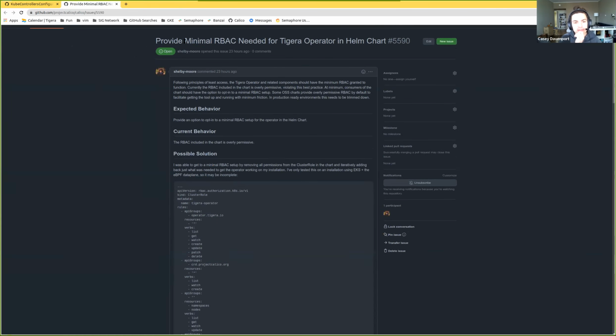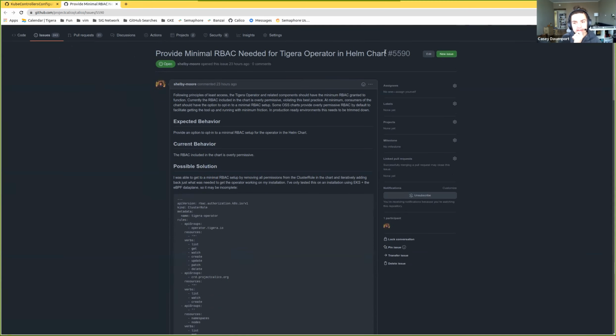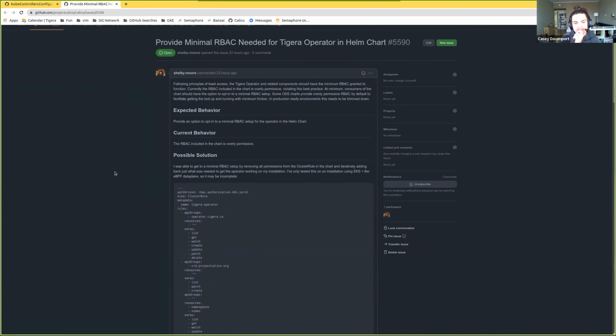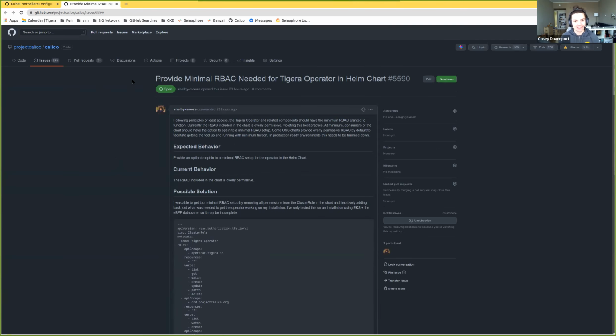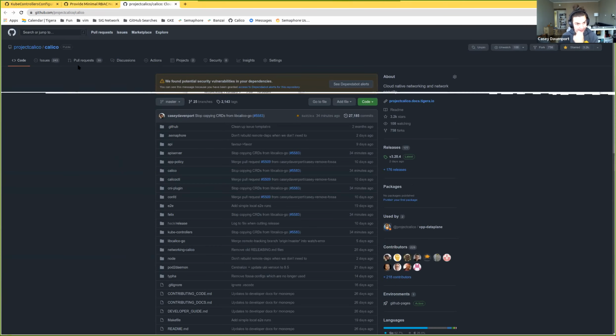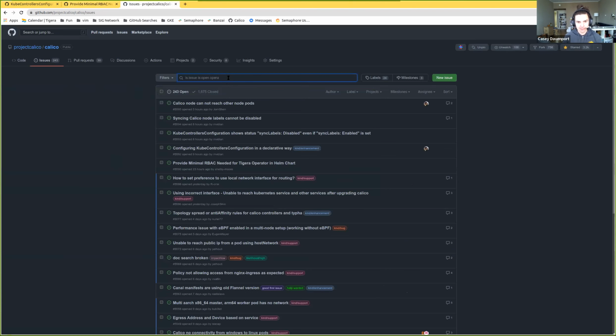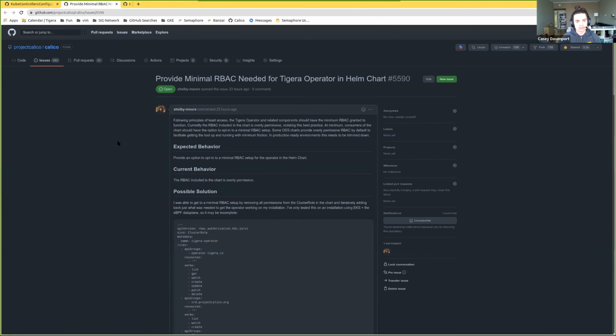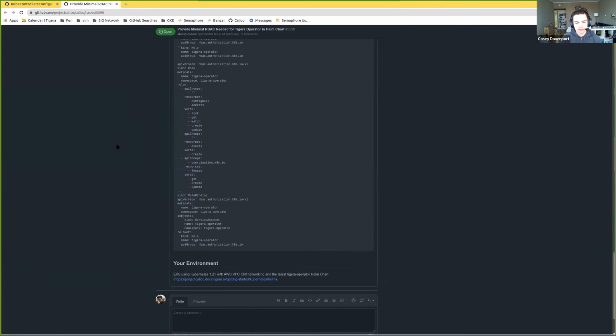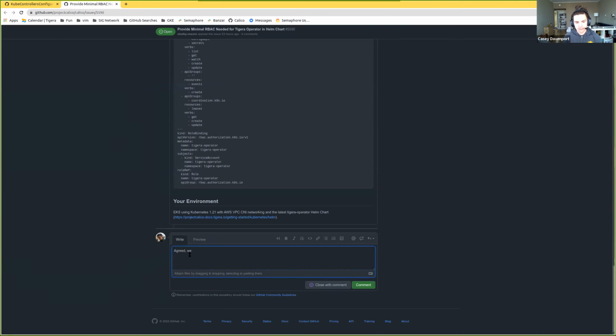And the last one, provide minimal RBAC needed for Tigera operator and Helm chart. Eric, I see you nodding. Yeah, we have a lot of permissions. Yeah, I think we've got another one about this as well. See if we can, yeah, this one. Yeah, I was talking with somebody about some of this the other day, and I